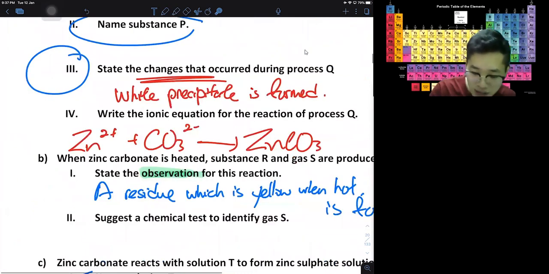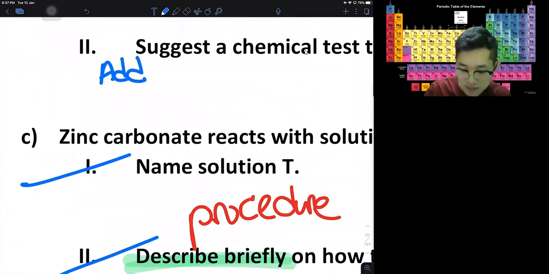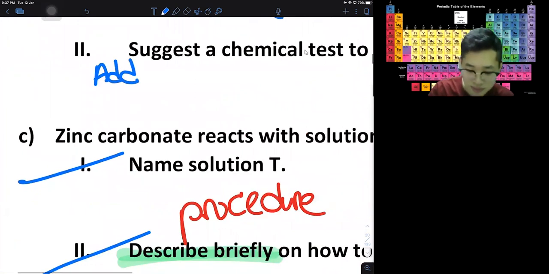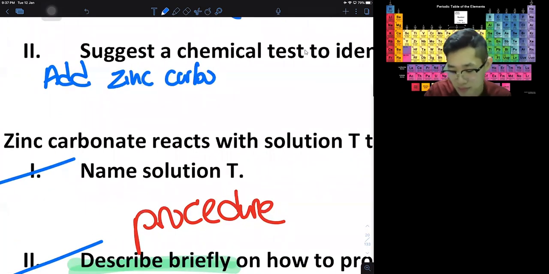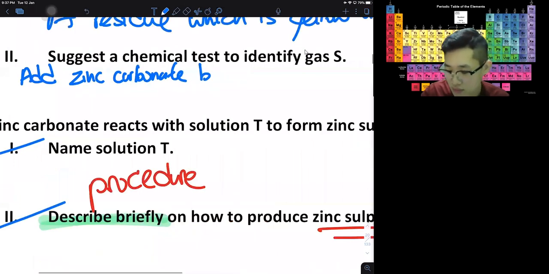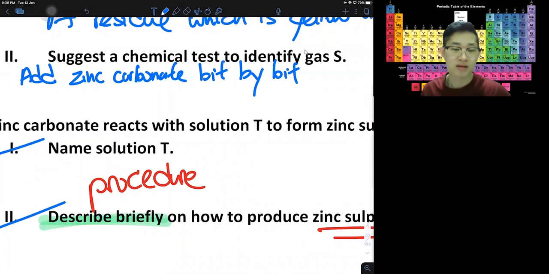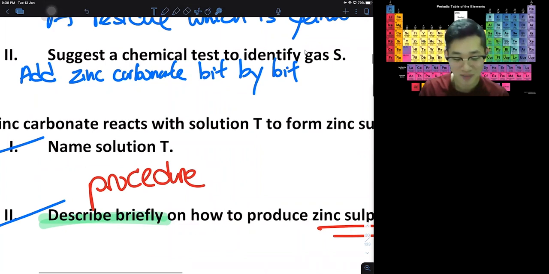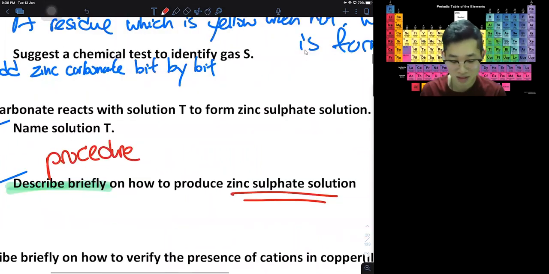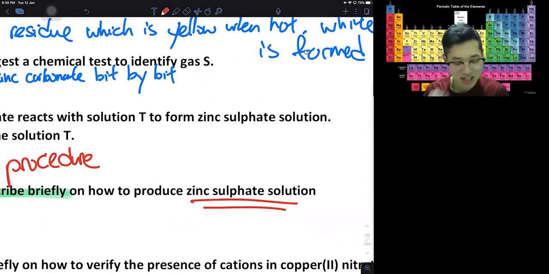Okay, so we will add zinc carbonate bit by bit. I don't know whether it's correct or not. My English is very poor, so I don't know whether this is correct, because that's what I remember. Or little by little. I don't know where I have seen it before. Okay, bit by bit